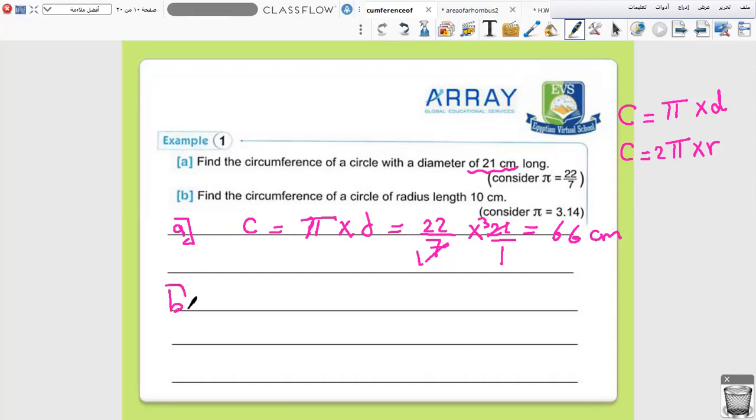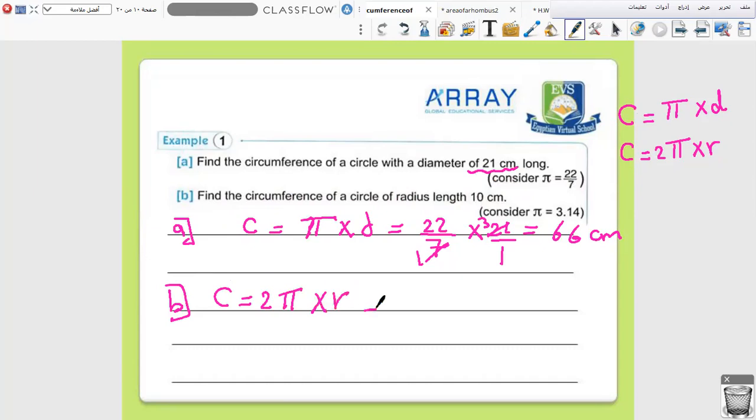Number B. Find the circumference of a circle of radius length 10. So I have the radius length, so I'm going to use the second rule. Or you can get the diameter, which is 20 here, and use the first rule. It's the same. D is 2r. But because I have the radius length, I will use the second rule, which is 2 pi times